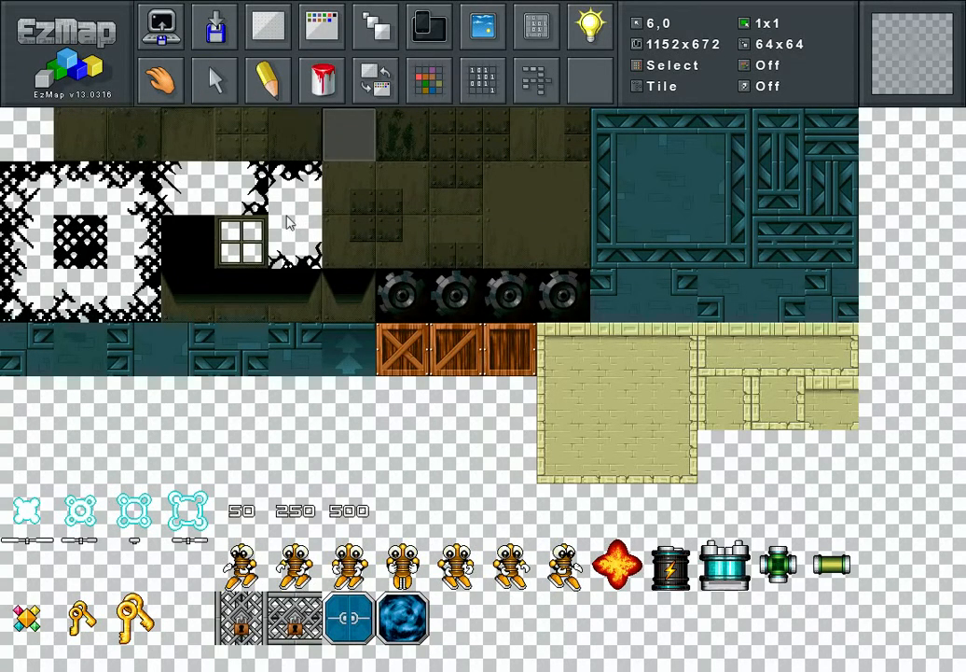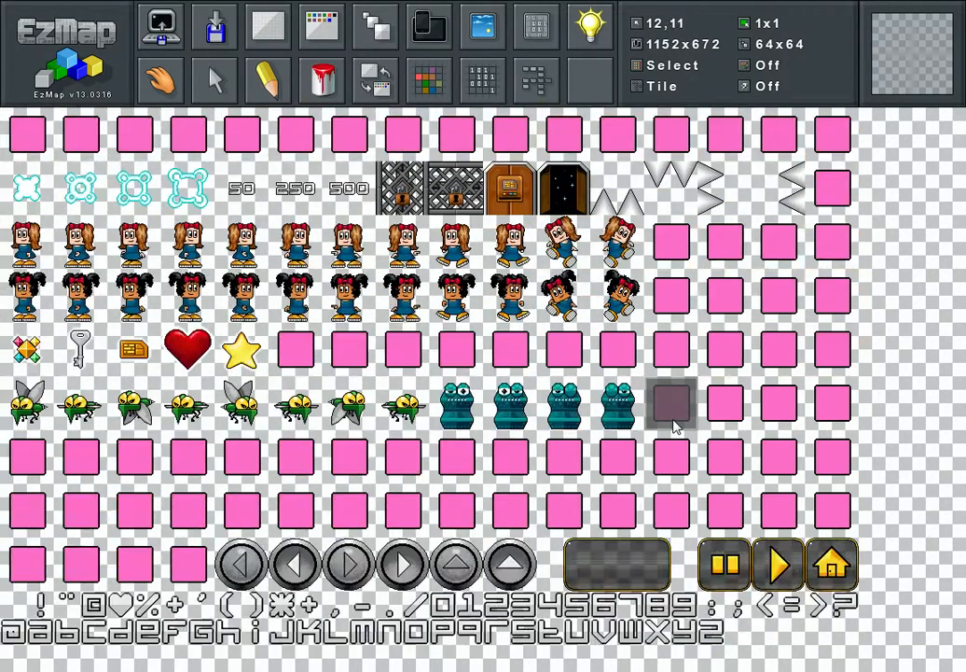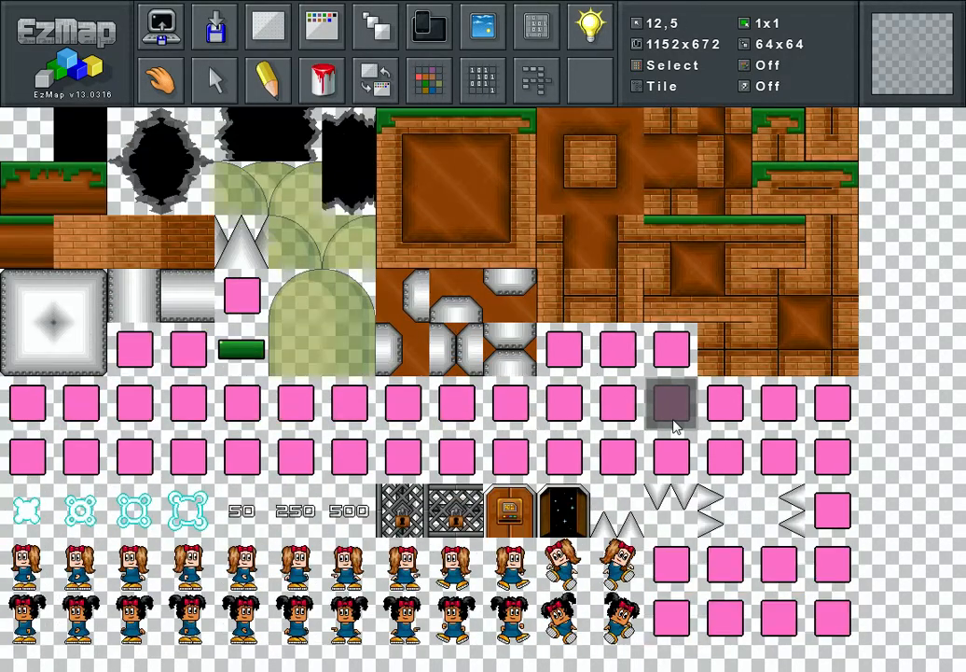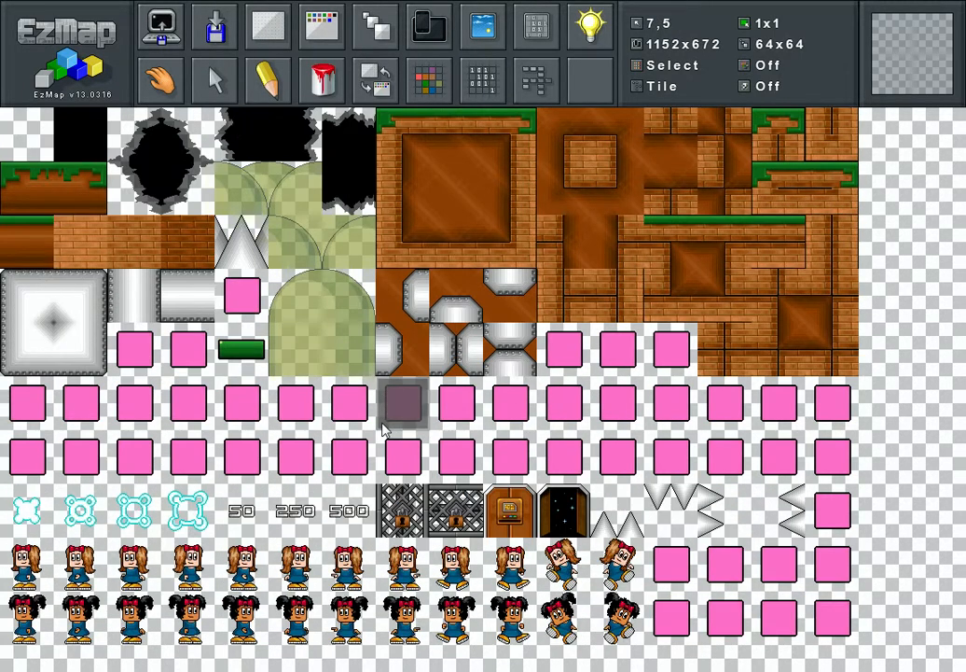Okay, the first thing we're going to attempt here, we've just loaded up EzMap. Import some new tiles, and this is my sprite sheet which I'm currently using. Using the cursors, I can scroll up and down on the block screen and just generally give you an idea